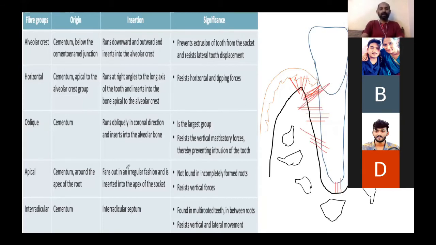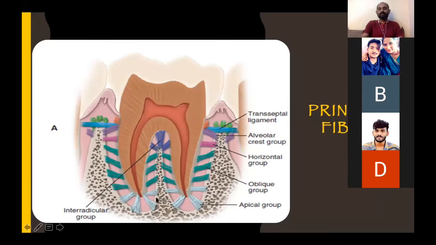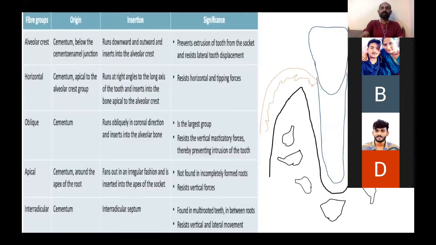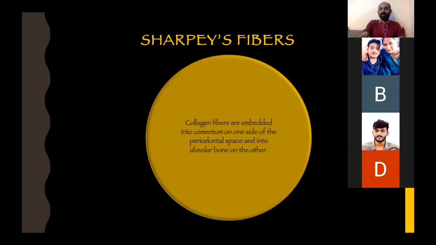So now we have read the different groups of gingival fibers with their location. If you can put in a beautiful diagram depicting the different groups of fibers in different colors, I think you have a beautiful picture in your textbook. That picture is more than sufficient for you to fetch full marks as far as principal fibers are concerned. Understand? Right. So then, coming on to the next fiber.